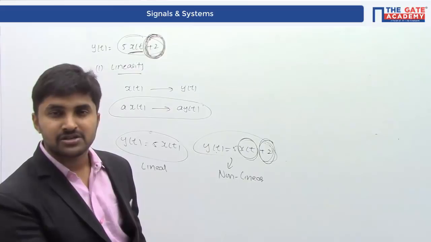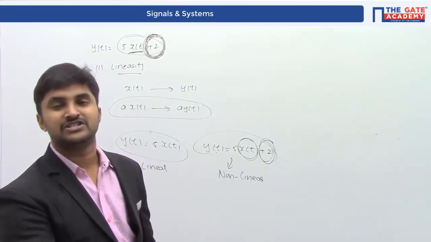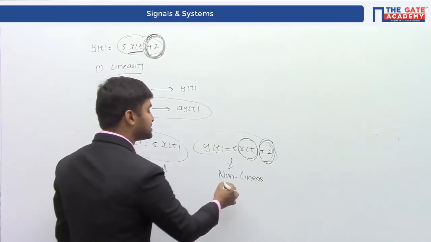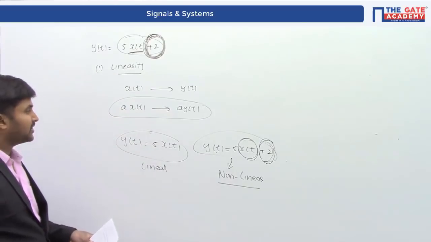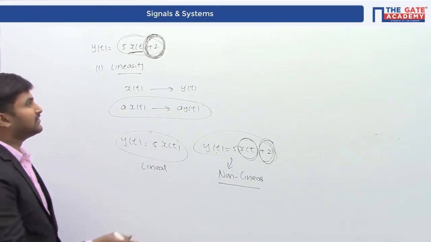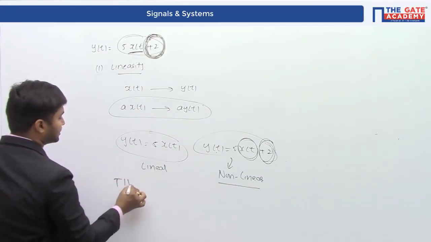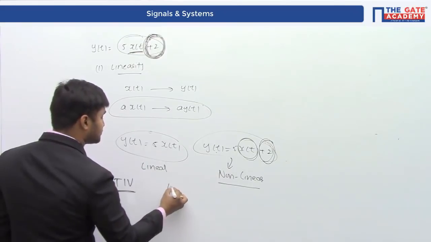Why? Because the output y of t is non-zero when the input x of t is 0. For that reason, we are declaring the system to be a non-linear system. Coming to the time invariance, definitely this particular system satisfies time invariance. Time invariance will be satisfied because of the fact that unless and until you are having the case of